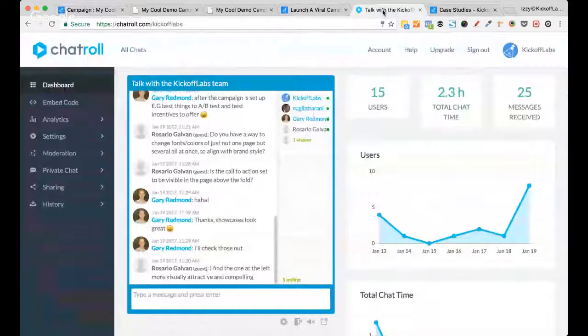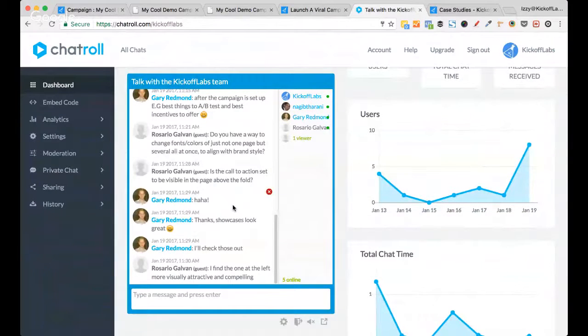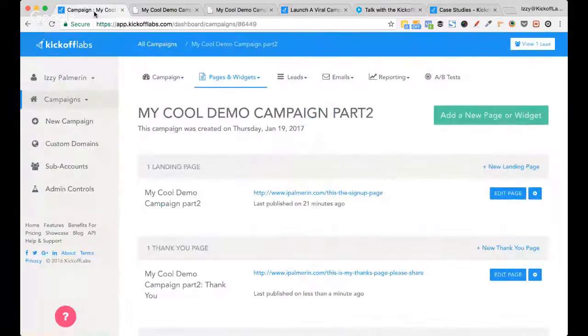Okay, so let's see if there are any additional questions. Gary, yeah, those showcases do look great. So highly, highly recommend it. Do check those out. And Rosario, I found the one at the left more visually attractive and compelling. Yeah, that's why it's all about A/B testing the page. So great suggestion. Actually, let me show you how to A/B test a page, because that's one of the